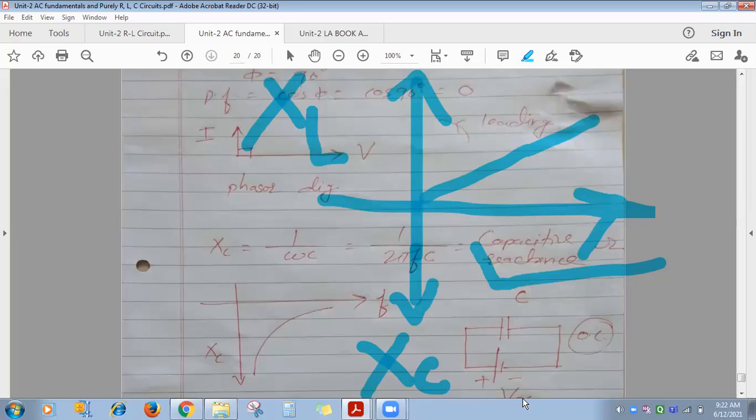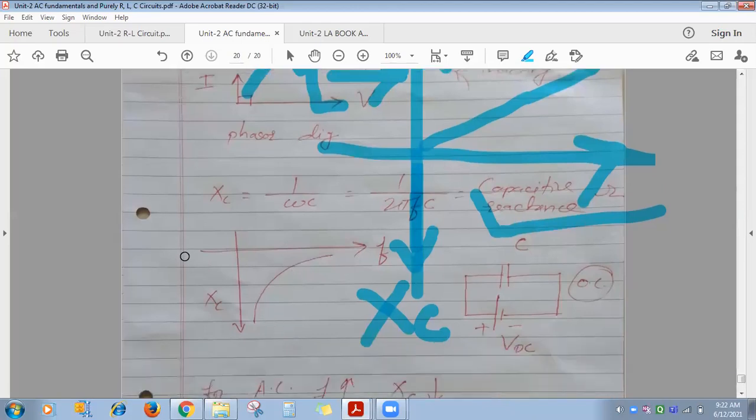In series RC, we are going to derive the impedance triangle. There you will find XC always comes along the negative imaginary axis. And for series RL, we'll derive the impedance triangle. There you will get XL always comes along the positive imaginary axis. So the XC versus frequency graph, all of you can see, is plotted in which quadrant? Fourth quadrant.